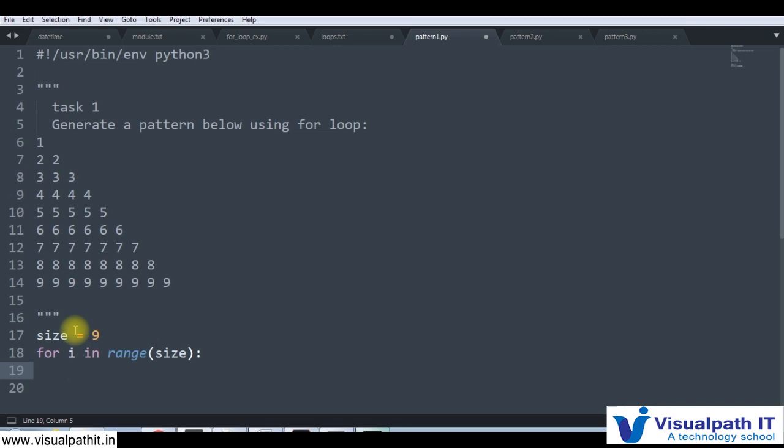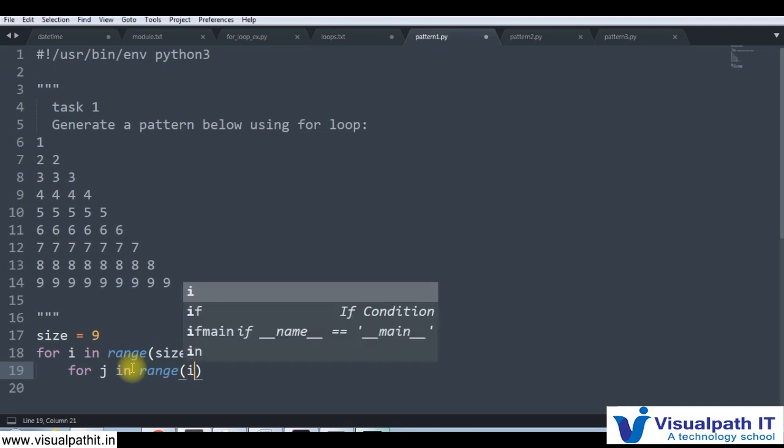The next loop: you can see here at the first iteration it should print 1, so it should only loop once. So for j in range of I,